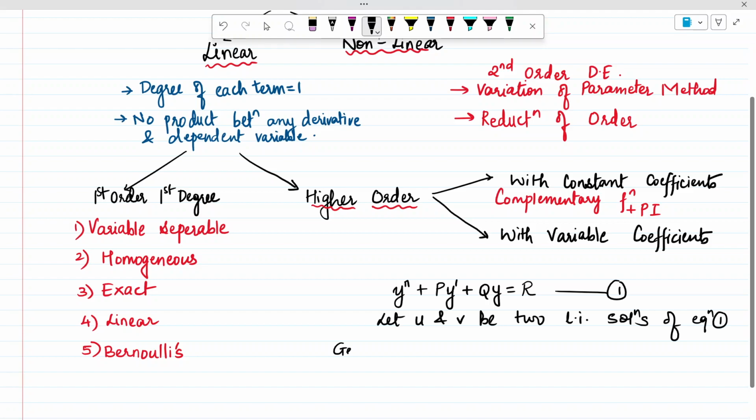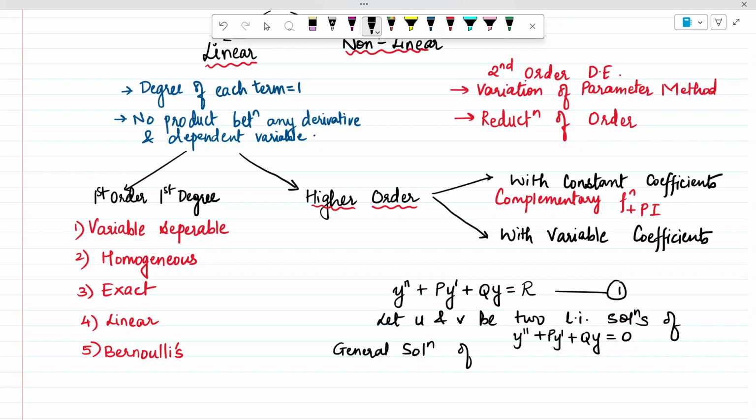Then the general solution here, okay, it's not linearly independent solutions of 1, it's linearly independent solutions of y double dash equal to 0. So it's basically linearly independent solutions of the homogeneous equation. Okay? So the general solution of equation number 1